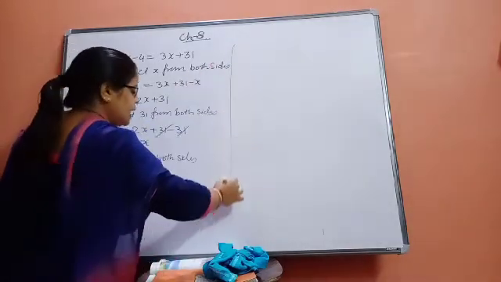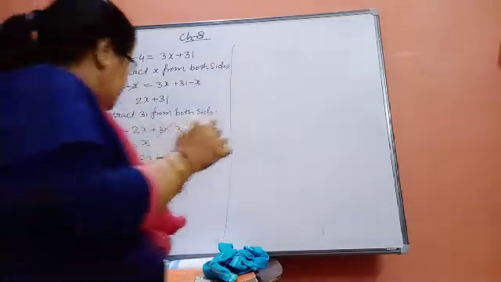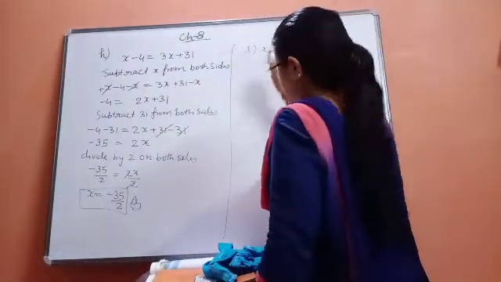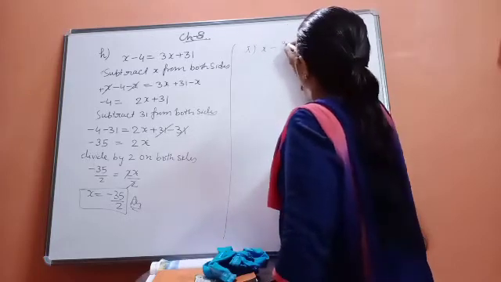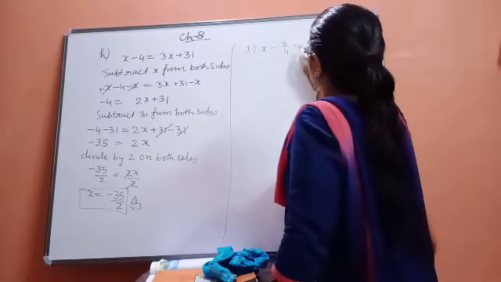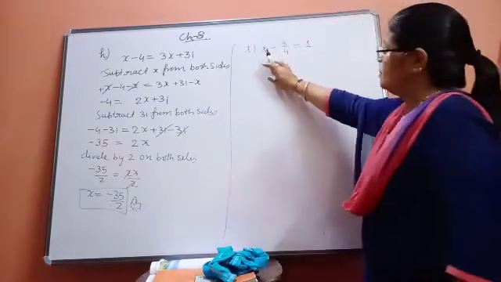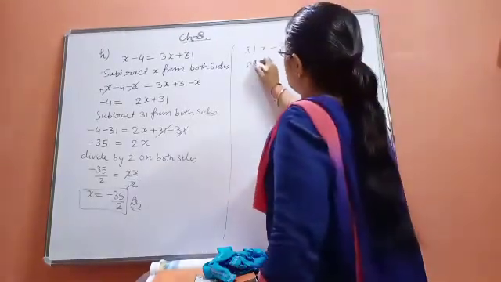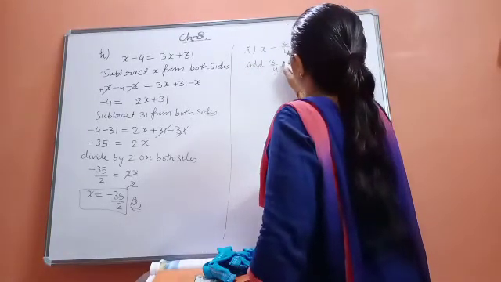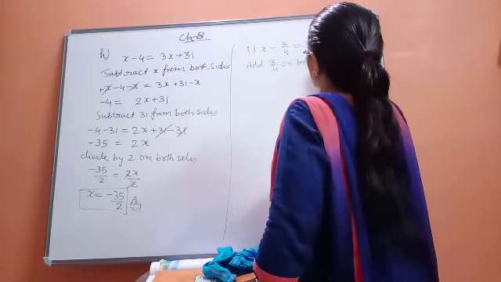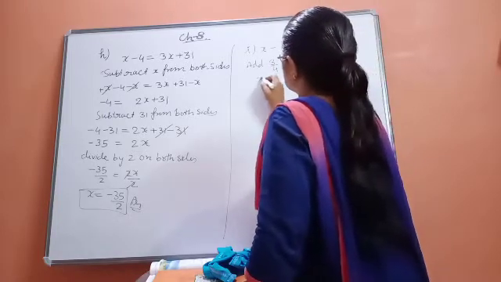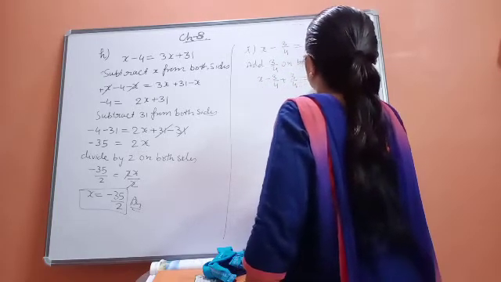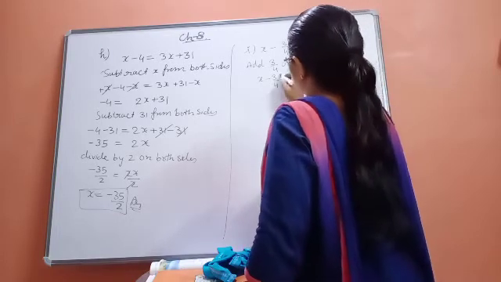Now come to the I part of the question, beta, and what is that? I part: x minus 3 upon 4 is equal to 1. Here your aim is to make this x free. Here minus 3 upon 4 is there. So add 3 upon 4 on both sides. So x minus 3 upon 4 plus 3 upon 4 is equal to 1 plus 3 upon 4. So these two will be cancelled.